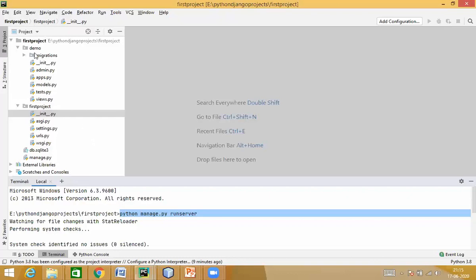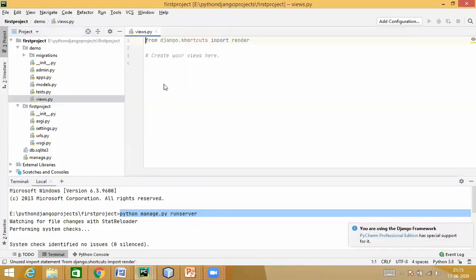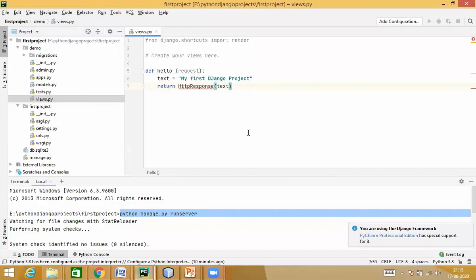So what I'll do is, inside this demo, there is this particular file called views, right? Now I'll click on this. Currently, the views are empty. Obviously, we haven't created any views. So now I'm creating this code over here. Now please observe what's happening out here. I'll write this particular method. Now, as soon as I write this, this is a function called hello. That is what I've written. It contains a text, say my first Django project. And then there is HttpResponse where I'm sending this particular text.